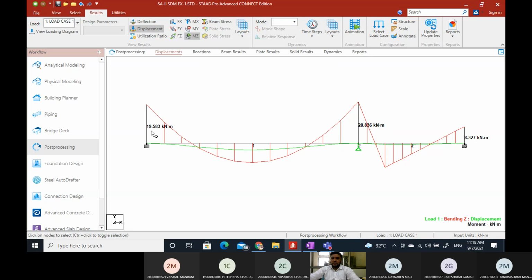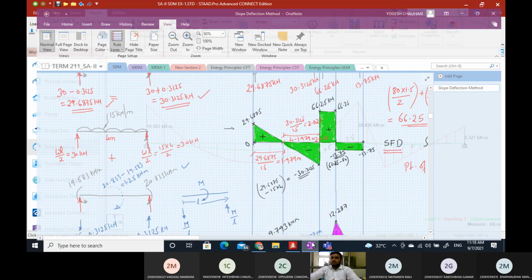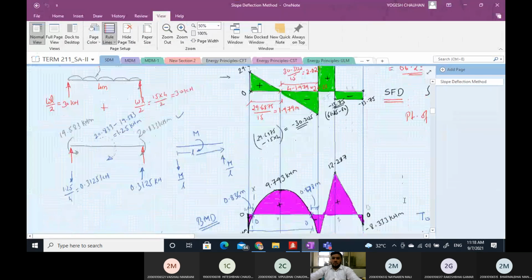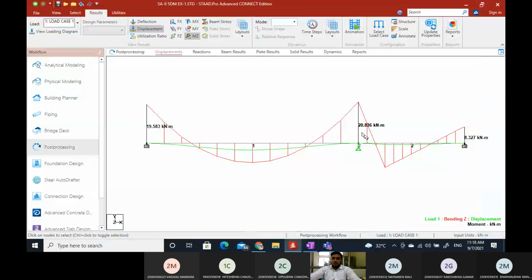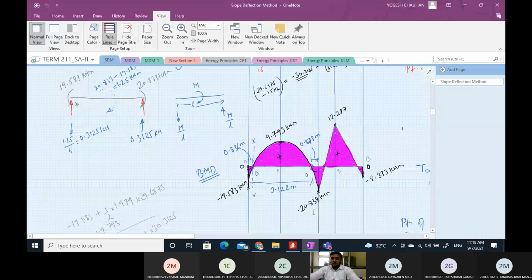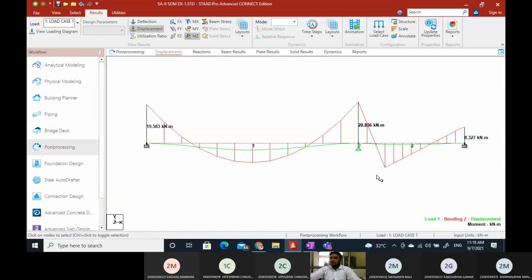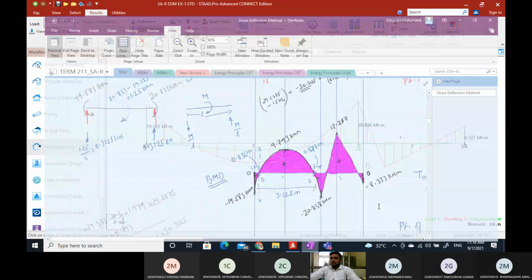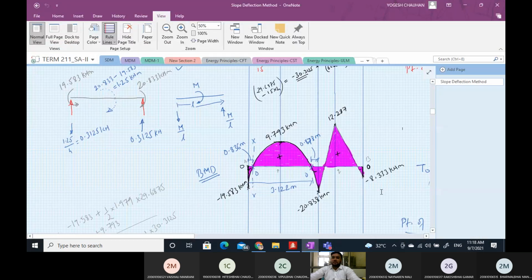So at support it is 19.583. Then it is 20.838 here, and 8.333.